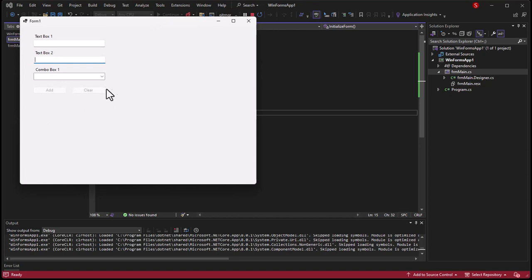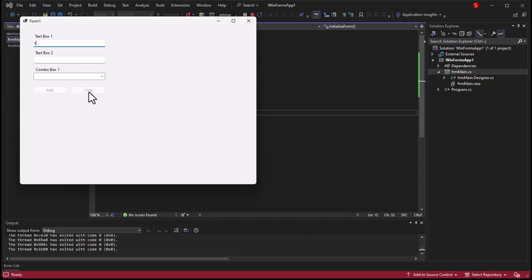So this is good. But when I start adding some text, the clear button ought to right away be enabled. So even if I just have one character in there, the clear button ought to be enabled. So that gets you to